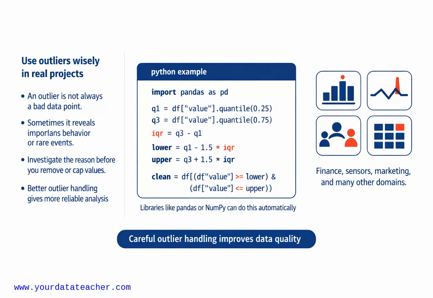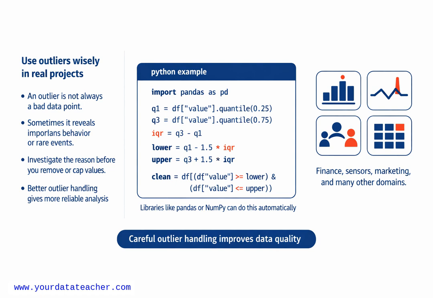In real projects, detecting outliers is only the first step. Deciding what to do with them is just as important. An outlier is not automatically a bad data point. It might be a sensor error or a data entry mistake, but it could also be a real rare event, a market crash in finance, a sudden spike in sensor readings, or an unusually successful marketing campaign. Before removing any outlier, always ask what could be causing this value, and if possible, check with domain experts or